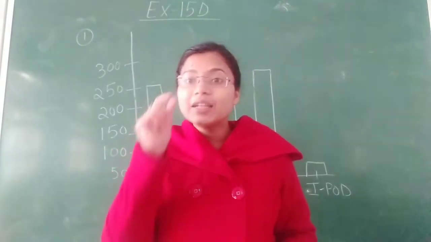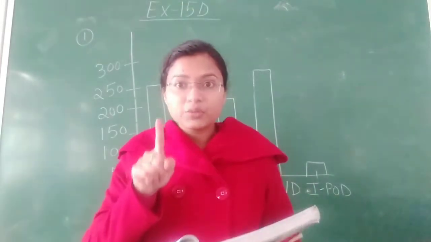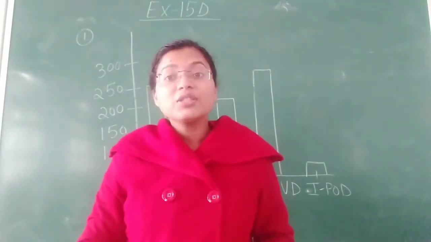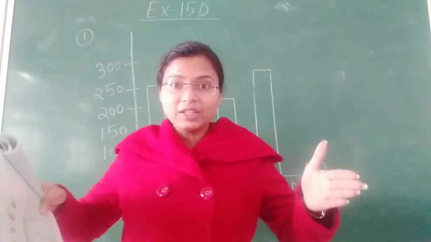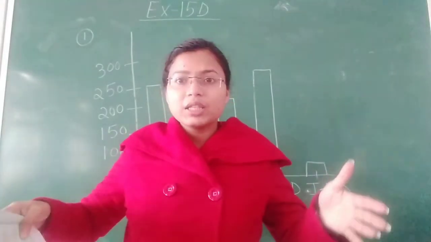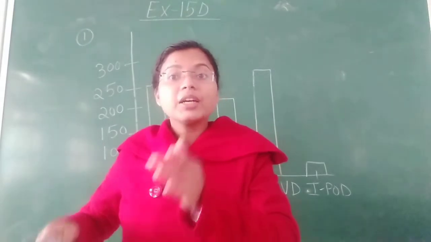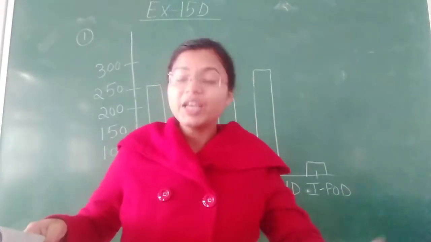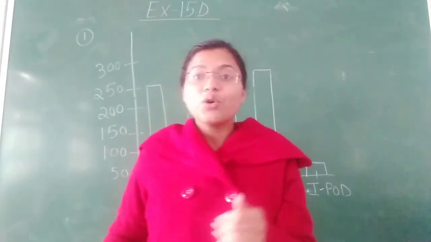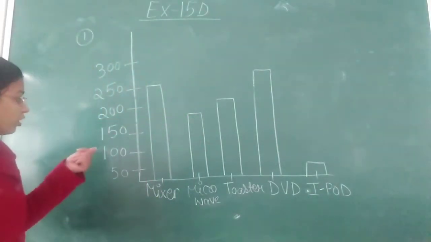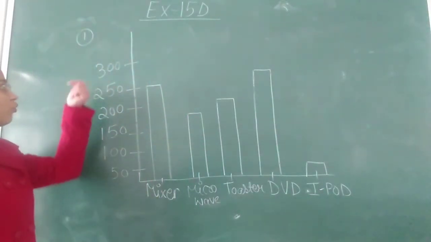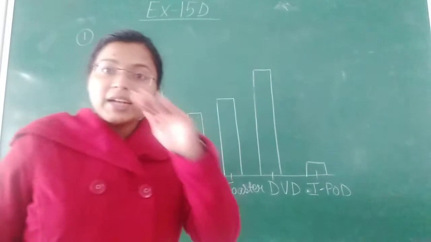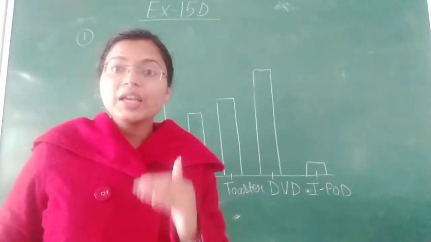First of all, what is the least number you have? The least number is 50 in our table and the maximum number is 260. That means you have to take a range from 50 to 260 or more, but it should contain all the numbers between 50 and 260. So I am taking the numbers 50, 100, 150, 200, 250 and 300. In these numbers, we will get every value given in our question.